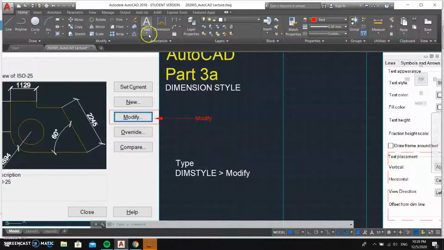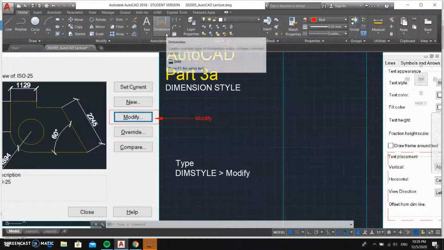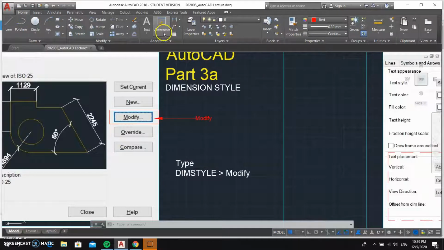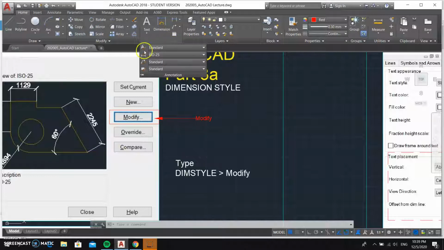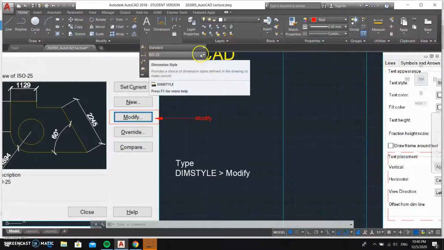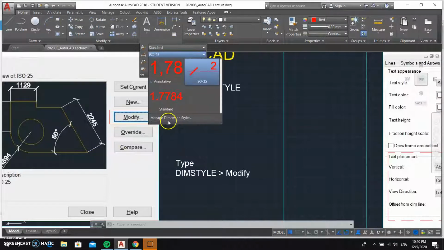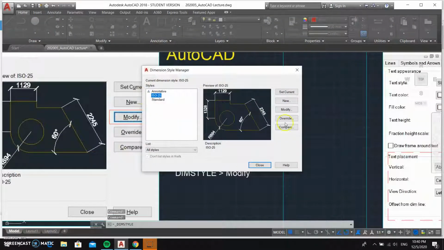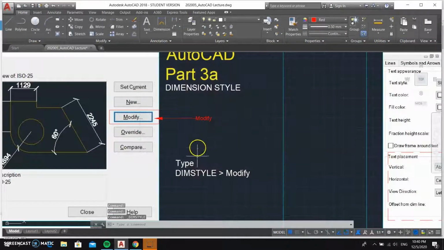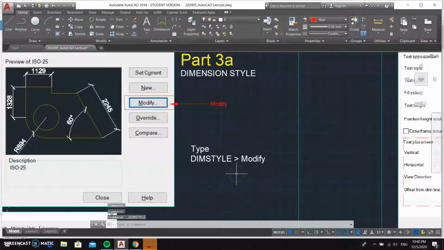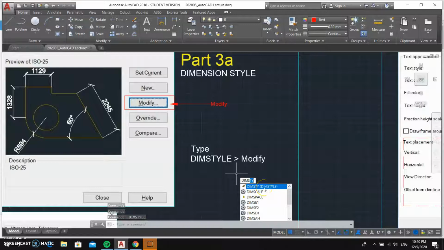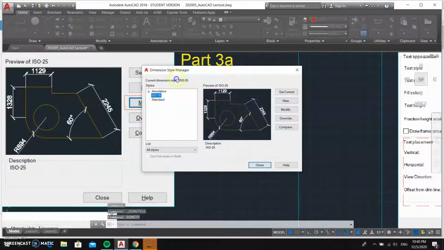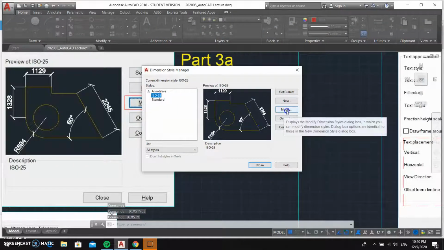One is from the ribbon bar, which you can click at the home dimension, and then you see the annotation. You click here and you see the symbol, so you click here and you manage dimension style and you will go here. Okay, another type is that you just type DIMS and you get this dimension style. Click and it will appear here. So you have to click at the modify,